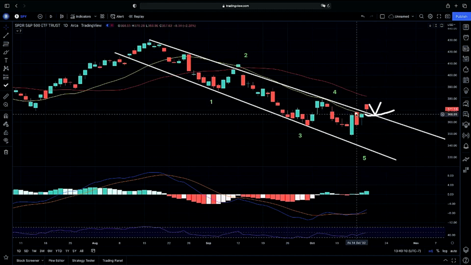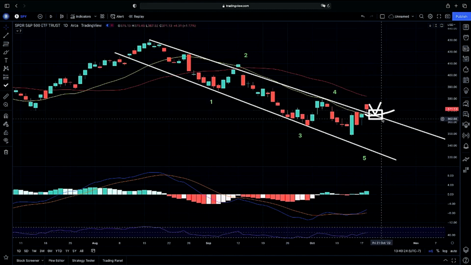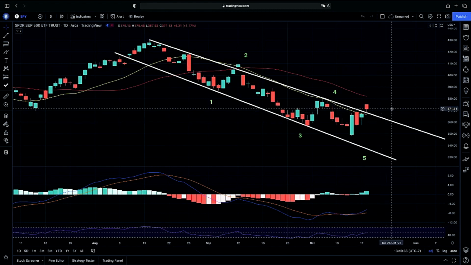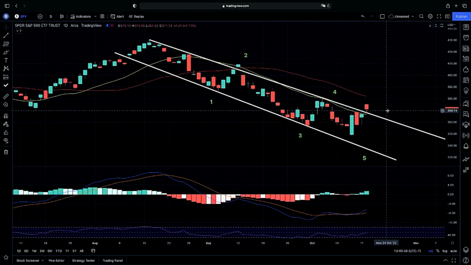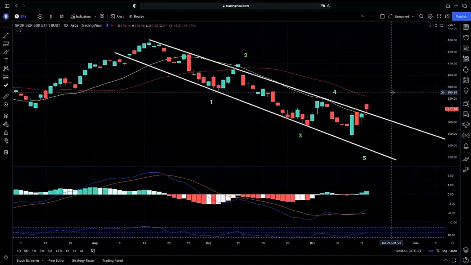This will be a huge signal, watching our 20-day and how we start to curl up. If we curl up, crossing above the upper end of our channel with our 20-day would be an early signal for a possible bottoming out process here. So again, keeping an eye on our 20-day and exactly how we respect it, curling back up and crossing back over our 50 is exactly what we're looking for here.